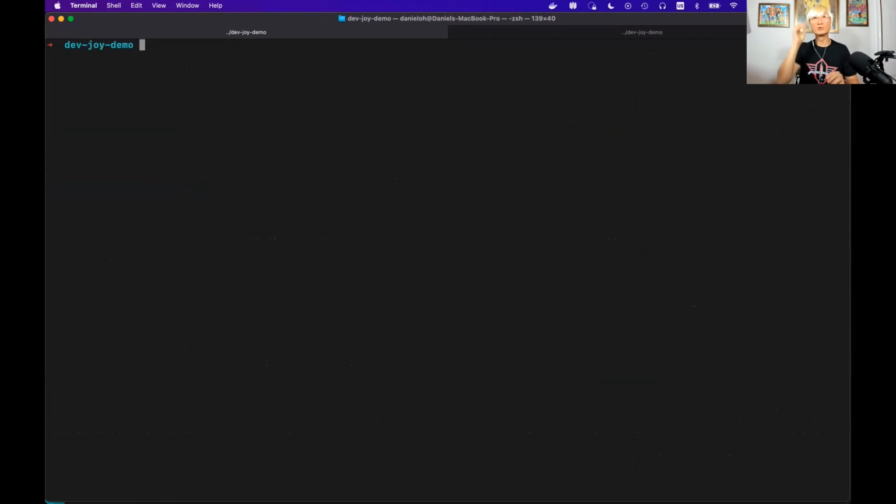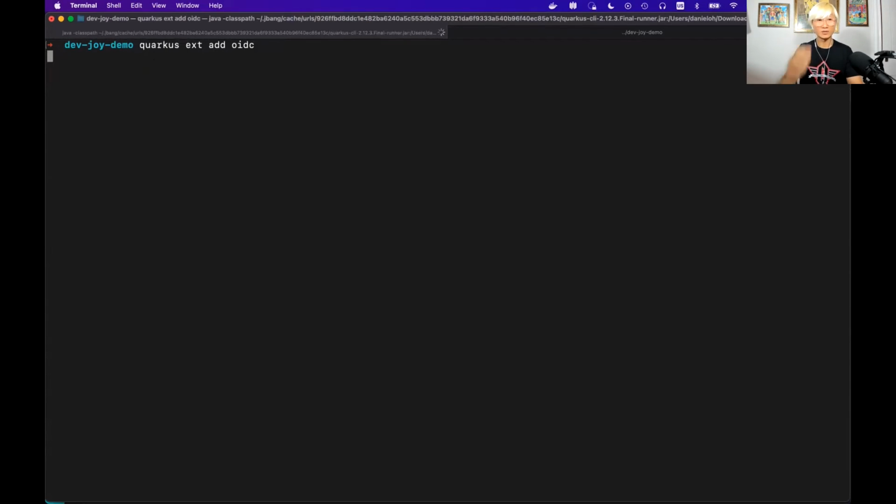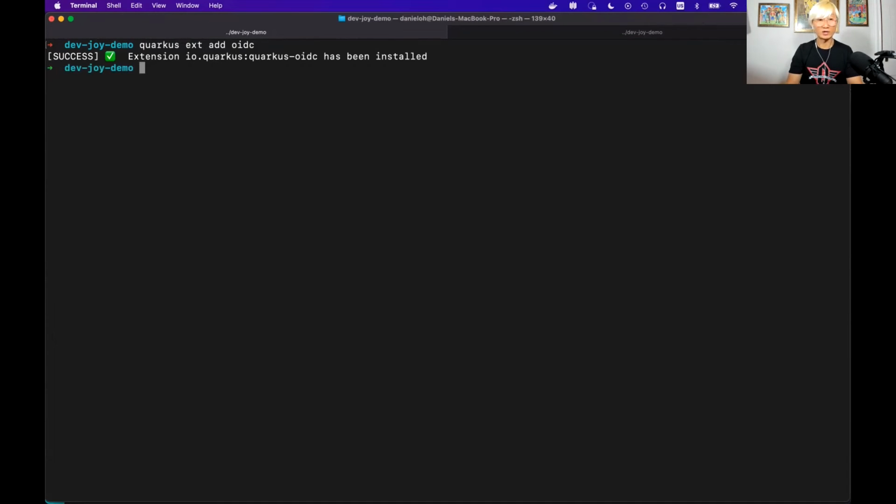So what if you needed to add security to your application? For example, I need to secure my RESTful API, not for random people, but for some specific people, with role-based access control. So in order to do that, I'm going to add OpenID Connect. And also I need to use Swagger UI to access the RESTful API. Swagger UI. Here we go. So I just added two extensions, and then I'm going to run my Quarkus Dev,